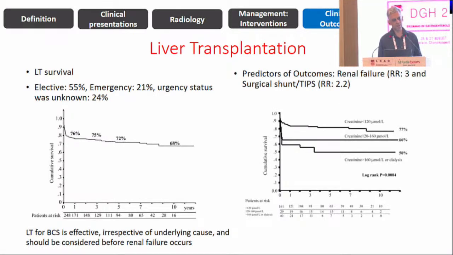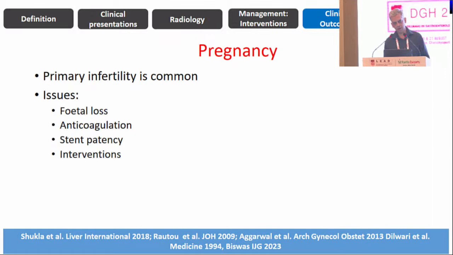Transplant's possible, but you need to consider these patients early before they develop renal failure, because if they develop renal failure, they have a poor outcome. And it corrects the underlying cause and should be considered. Pregnancy is not a common problem, but when these patients have it, they have infertility,